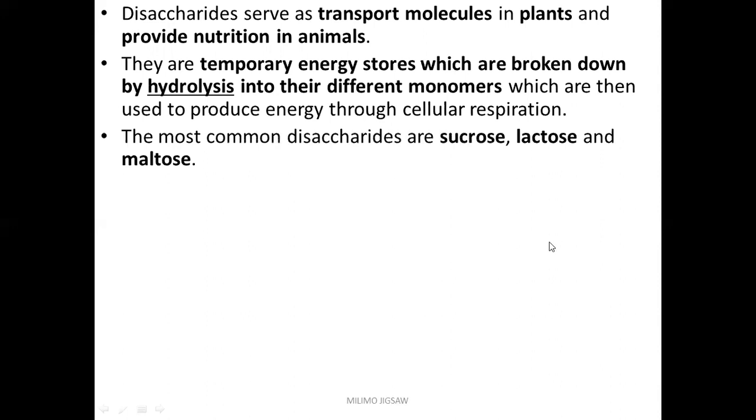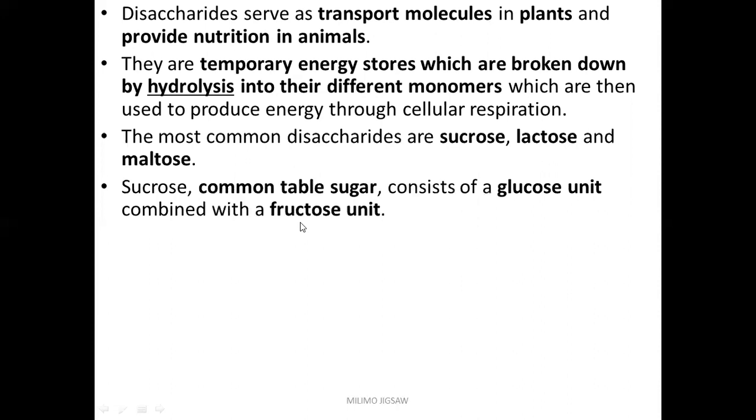The most common disaccharides that we have are sucrose, lactose, and maltose. So sucrose also is a common table sugar, and it consists of a glucose unit, so a glucose monomer combined with fructose. So glucose plus fructose